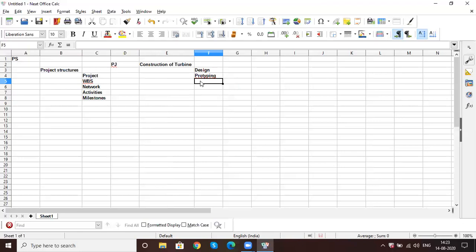Say, for example, some materials I want to do as production, and some materials as procurement. Finally, I have all the materials, and now I will do the assembly. Then you will do installation, and then test. So these are all the activities you are going to perform to complete the construction of a turbine and install it at some customer location or at a project.